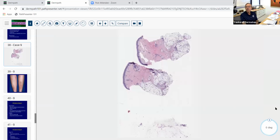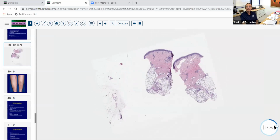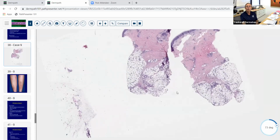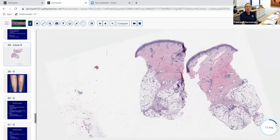Okay, we've got a couple more here we'll look at, and here we've got another biopsy. Again, I'm going to emphasize over and over until you hear it in your sleep. I hope you wake up hearing my voice saying, never take a shave of an inflammatory skin disease, and hopefully you wake up calm and say, well, I would never do that anyway, so I don't have to worry about Dr. Cockerell screaming at me. So anyway, you got a nice punch biopsy, and notice once again we're dealing with a